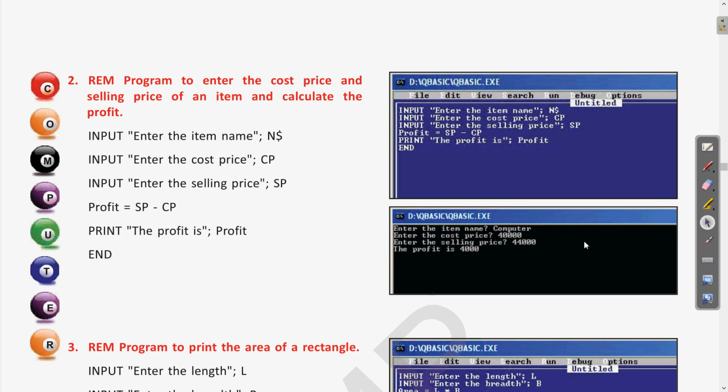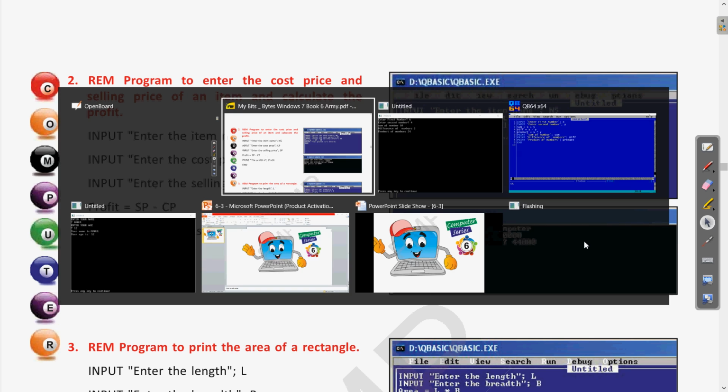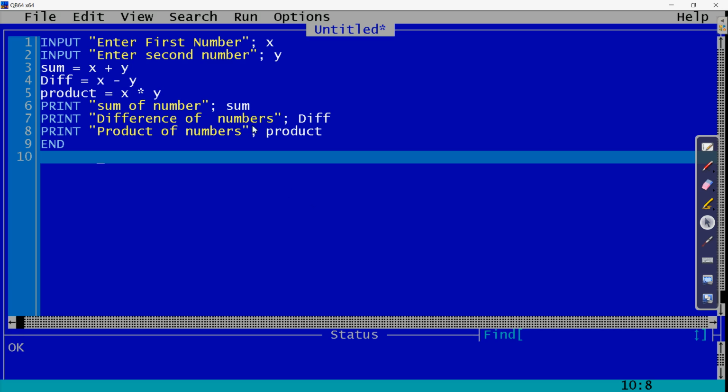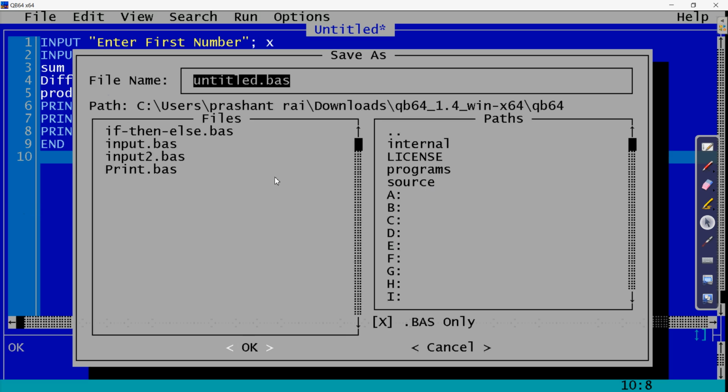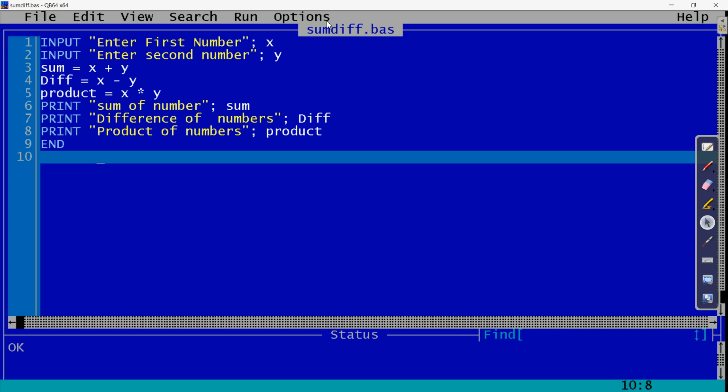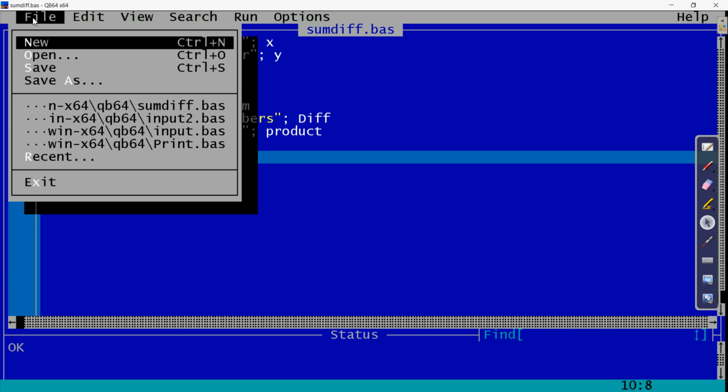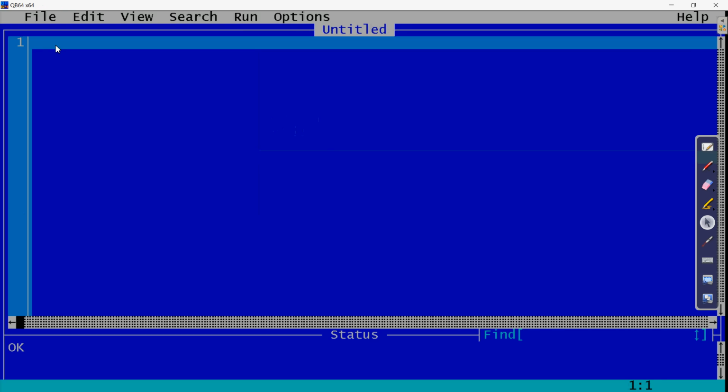So let us come to the software window and write this program. So here is the program window. If you want to save this program, it can be saved with any name. For example, I have written some difference, so you can write any similar type of name. Now click on the OK button, so it will be saved, and here you can see the title also. Now let us write the new program and click on the new button.